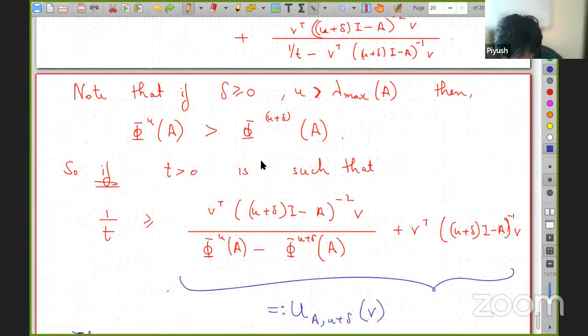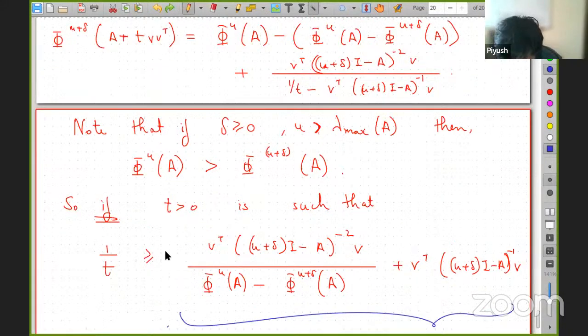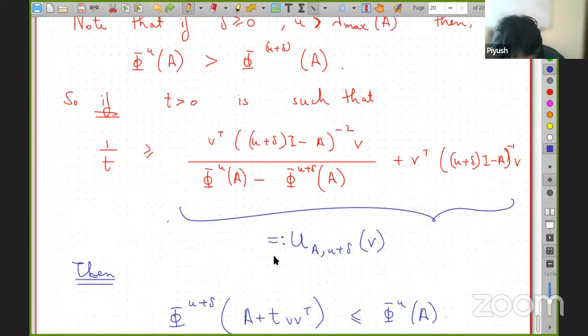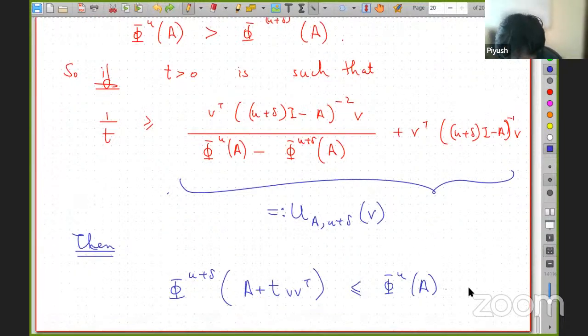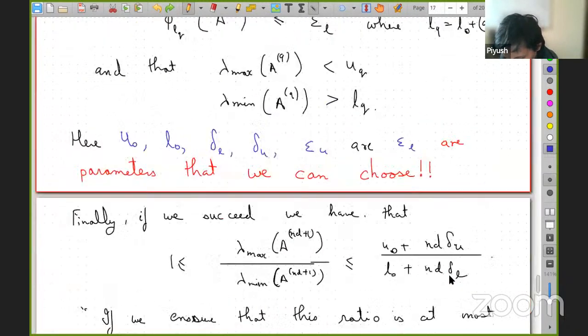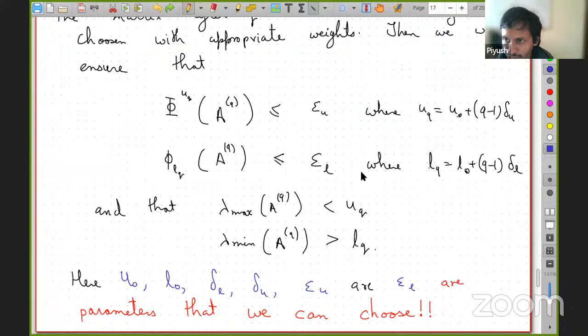So just by looking at the inequality, if t is positive and it is such that 1 over t is bigger than this thing here, and this number we are defining as a equals delta v, then the potential value has dropped. Remember, our goal is to keep the potential value smaller than some epsilon u. So if the original one was less than epsilon u,